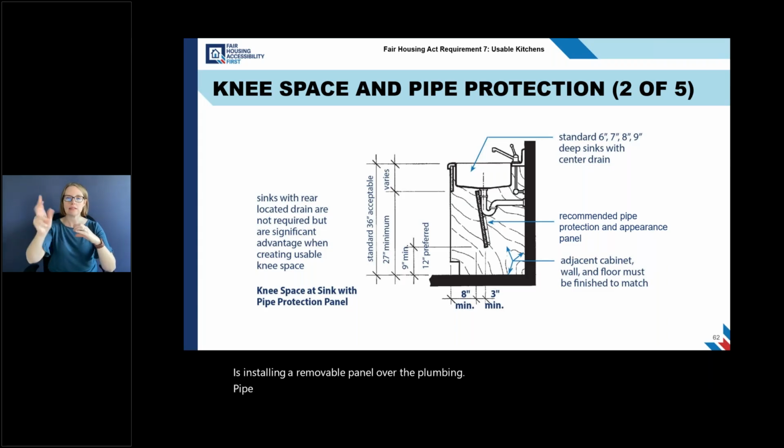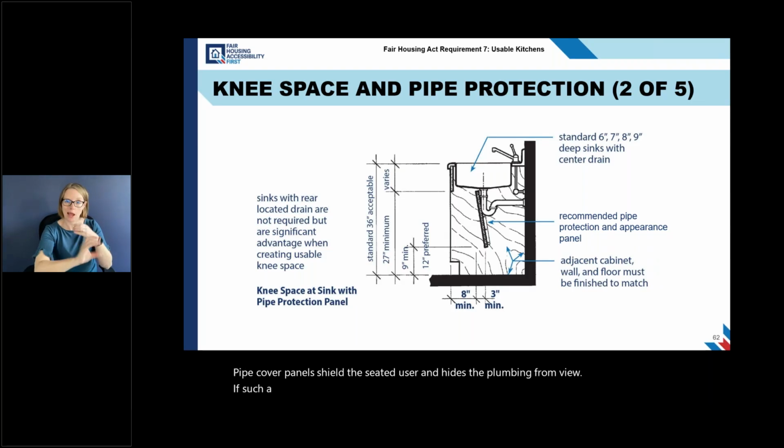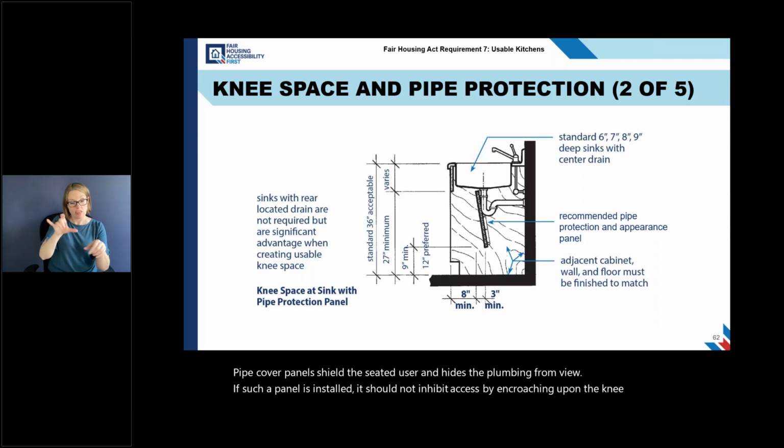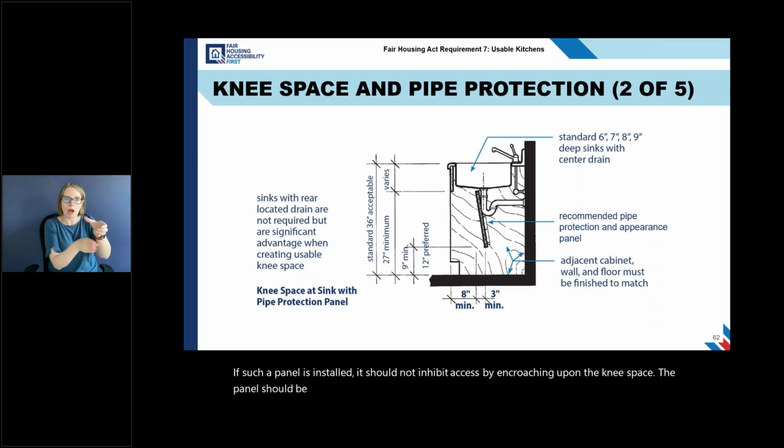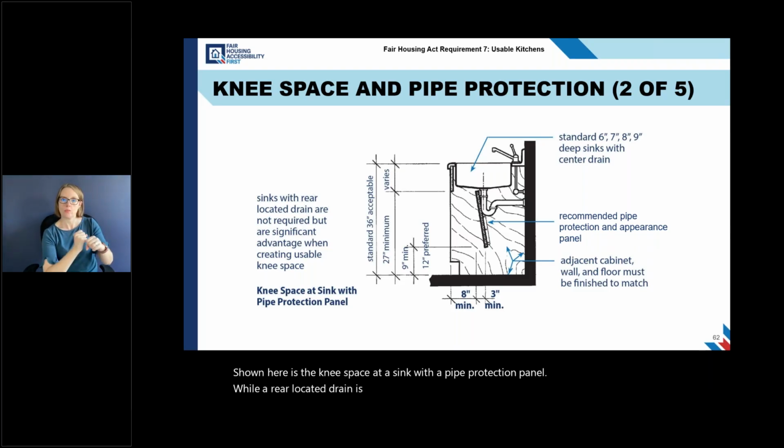Pipe cover panels shield the seated user and hide the plumbing from view. If such a panel is installed, it should not inhibit access by encroaching upon the knee space. The panel should be hinged or otherwise removable so the pipes can be easily serviced. Shown here is the knee space at a sink with a pipe protection panel. While a rear located drain is not required for this kind of sink, it is a distinct advantage when creating a usable